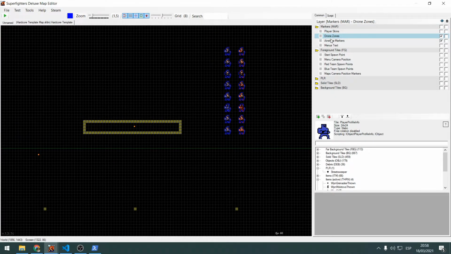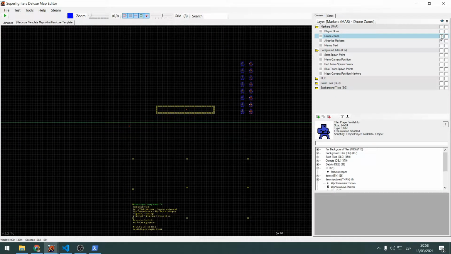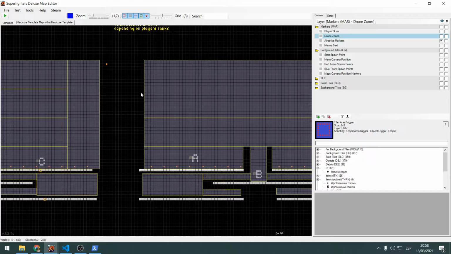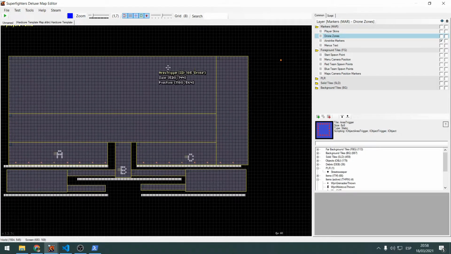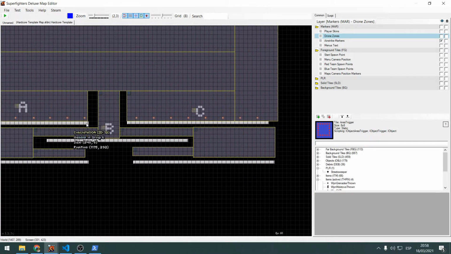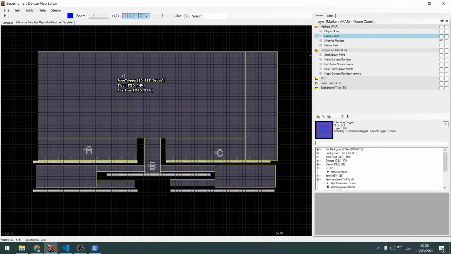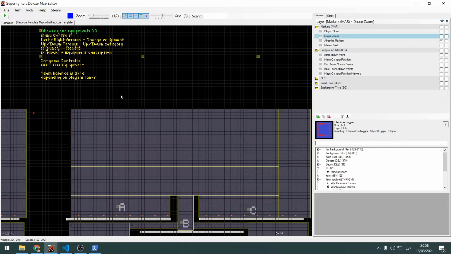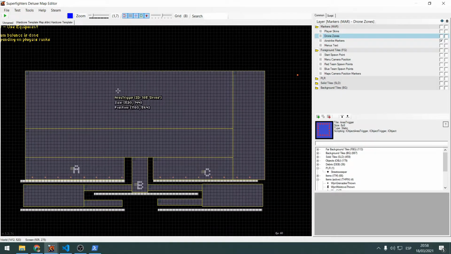So that's player skins. Drone zones is one of the tough layers in this map. Drone zones is basically where the drones will be able to move in the map. So you know, in hardcore, when you've fought for more than 3 minutes, a drone will pop up, will spawn somewhere in the map, and it will try to chase players